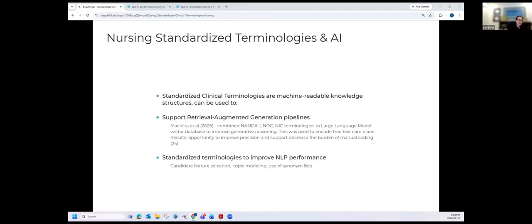So the work that helps with data pre-processing related to large language models and natural language processing. This particular study looked at combining NANDA, so again, American, NOC and NEC terminologies with large language models. And so the vector database, or the ability to extract topics, was improved, and generative reasoning was improved when they integrated those standardized terminologies in with the large language